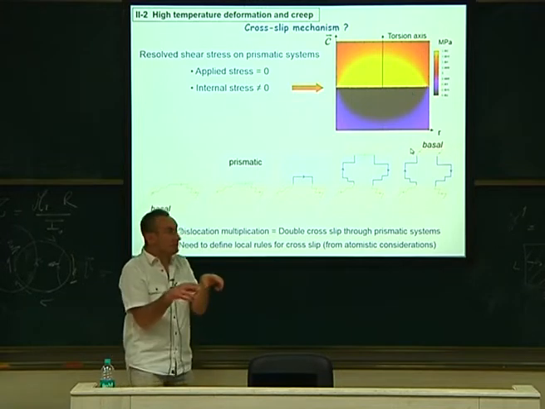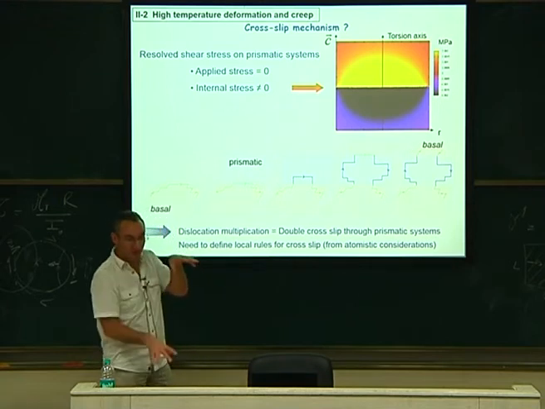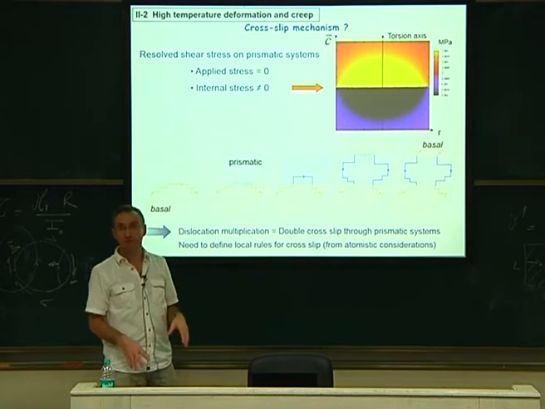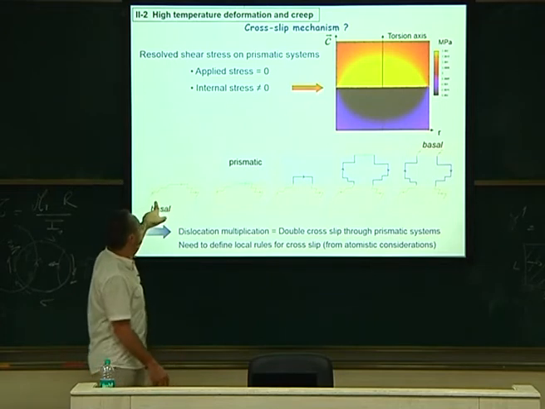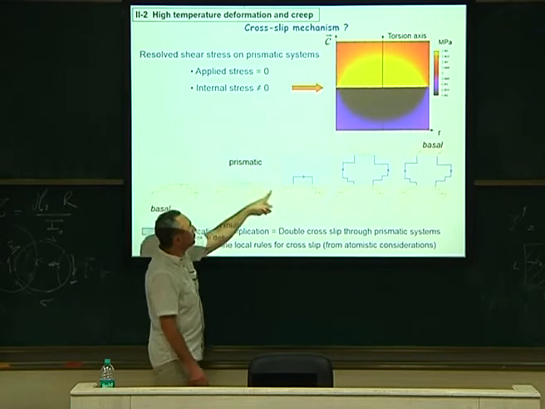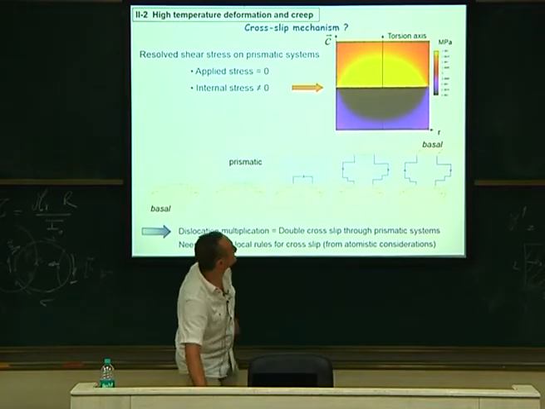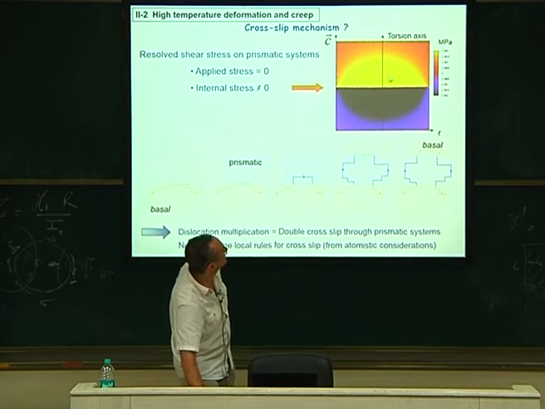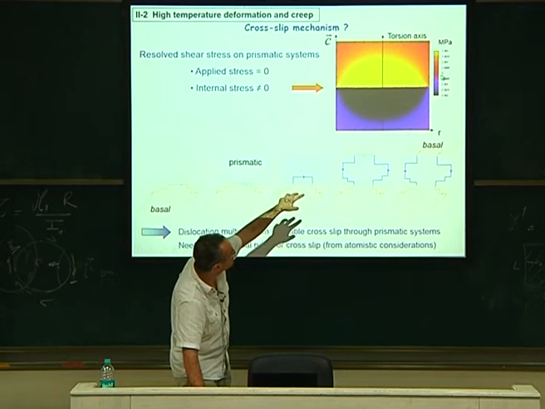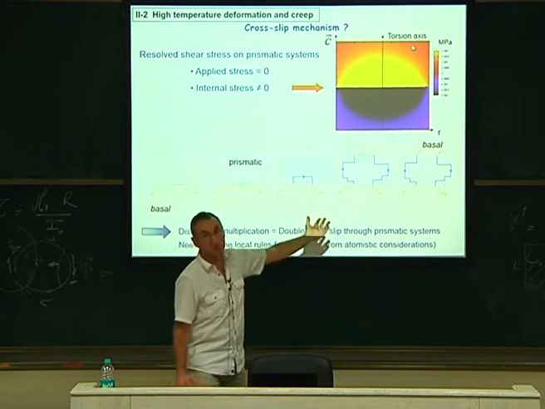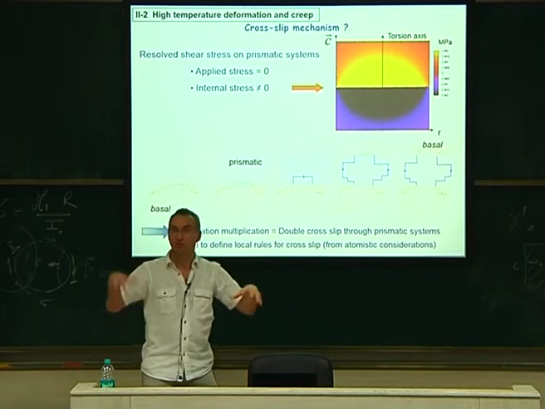Just because of this vicinity of the plane, just because of a few noise, you may have cross-slip induced by the internal stresses, not by the load. You will have basal, and you go to prismatic like that. Of course, as soon as you are far enough in the prismatic plane, like here, for example, the stress field in the prismatic decreases a lot. It's close to 0 at that place. So again, it will be pushed back to the basal, because at that place the applied stress is still there. So it will cross-slip back.